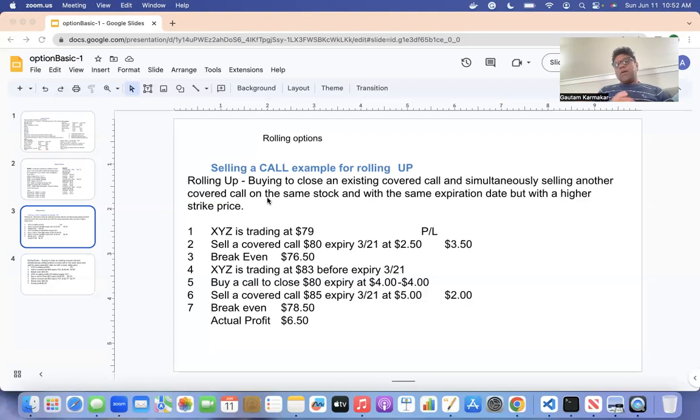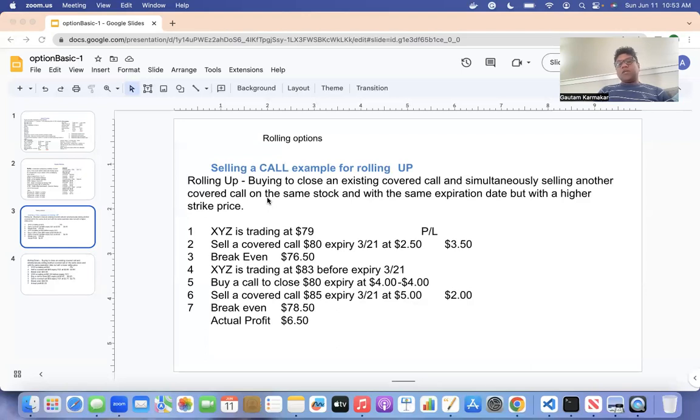The next covered call has to generate enough premium to cover the debit from closing the previous call, and also give you some income. In this case, it has to be more than $1.50, because $1.50 is your net debit. You sold the call at $2.50 and then bought back at $4, so your net debit is $150, $1.50 per stock. You need to make sure that it is $1.50 and above,